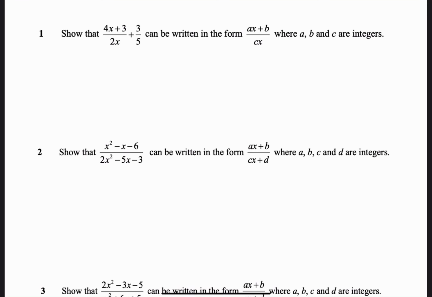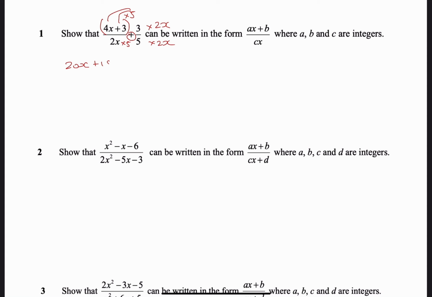So, algebraic fractions, simplifying them. If you go to add these two fractions up, make sure that the denominators are the same, which they are not. So how to do it? Times here by that denominator, which is 2x, and times it by the denominator here, 5. I just put a bracket so it looks nicer. Times it by 5, and you multiply it. What is this? 20x,